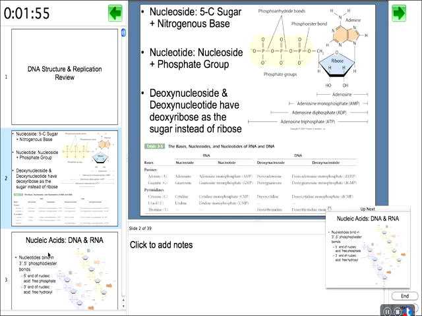That means deoxyribose is your sugar. Adenosine is adenine, is your nitrogenous base, and there's only one phosphate group. So they name them in sort of a predictable way. When we're talking about the building blocks of DNA, of course, we're talking about deoxynucleotides. If we're talking about the building blocks of RNA, we're talking about